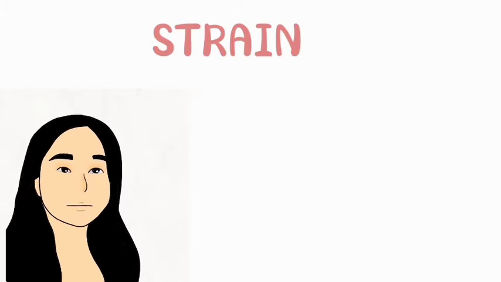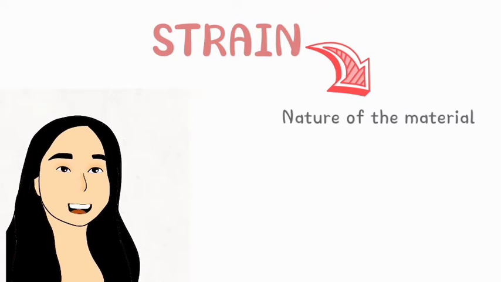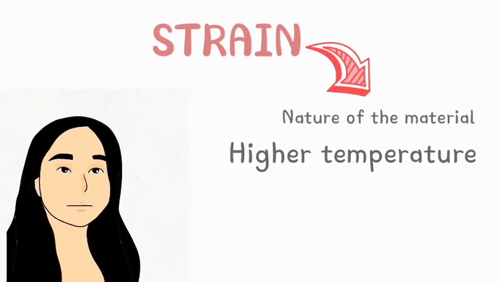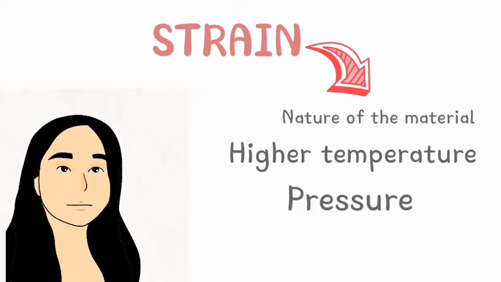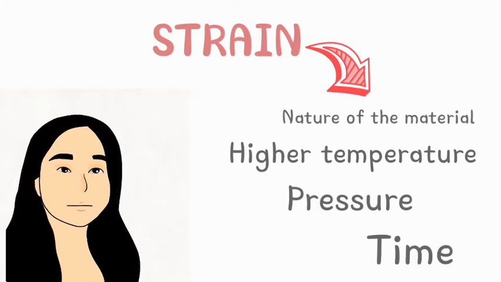There are several factors which could influence rock deformation. The nature of the material affects how a rock behaves when stress is applied. Meanwhile, the higher the temperature, the more likely it is for the rocks to deform. Moreover, pressure also affects the behavior of the rocks under stress, wherein as pressure is added, the more likely a given rock could be deformed. Lastly, stress applied over a long period of time in a slow yet constant manner could eventually lead to rock